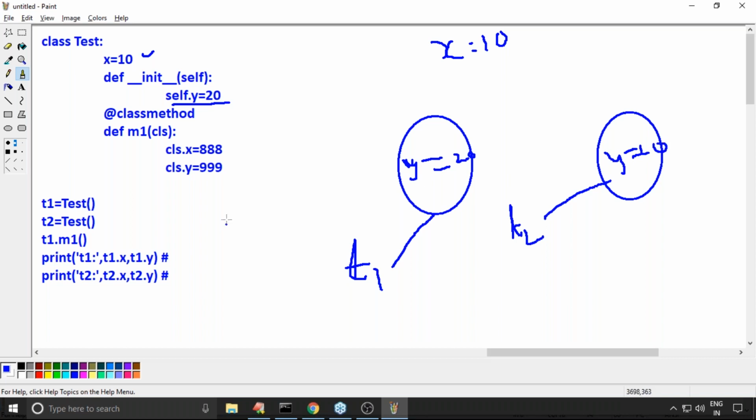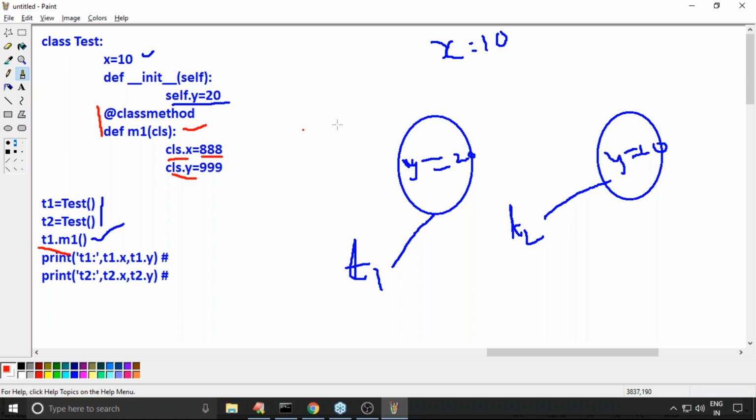Next, listen carefully, sir. T1.m1. M1 is which type of method? Class method. A class method you can access by using an object reference, no problem at all. It is executed. But here we are using a class reference. By using a class reference, if we are trying to declare a variable, that variable is always a static variable.